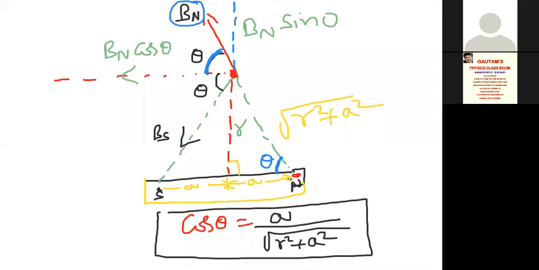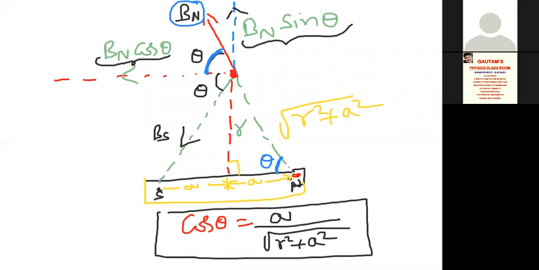You know from vectors, resolving a vector into components. We already discussed in our last classes. So here Bn resolves into components. Here the angle makes this one cos theta and this term will become sin theta. So I resolve the magnetic field Bn into two components. One component is Bn cos theta, other component is Bn sin theta.